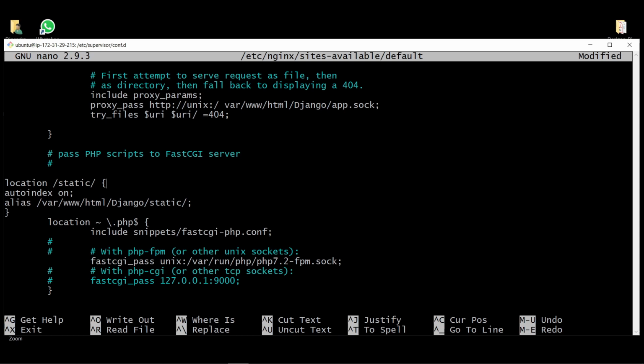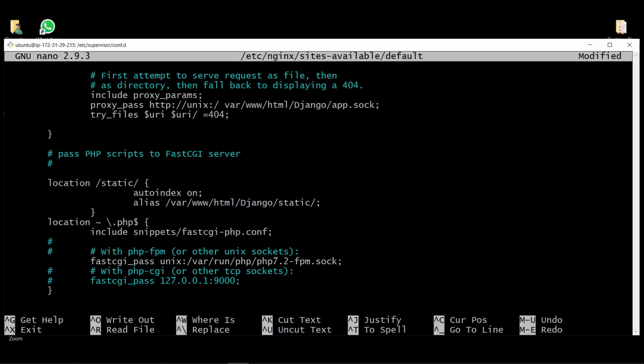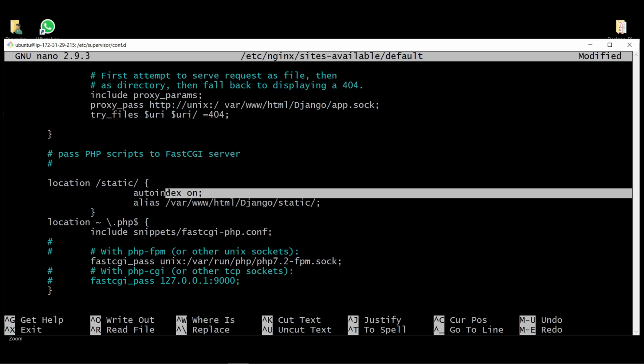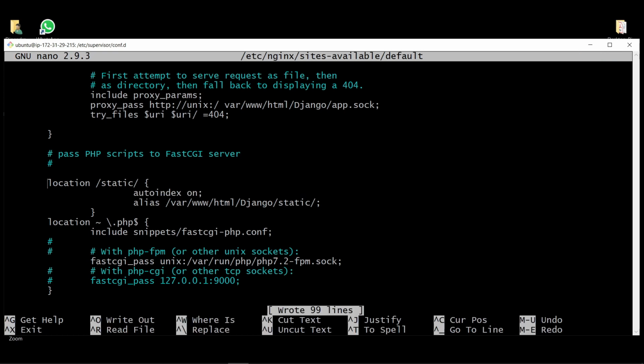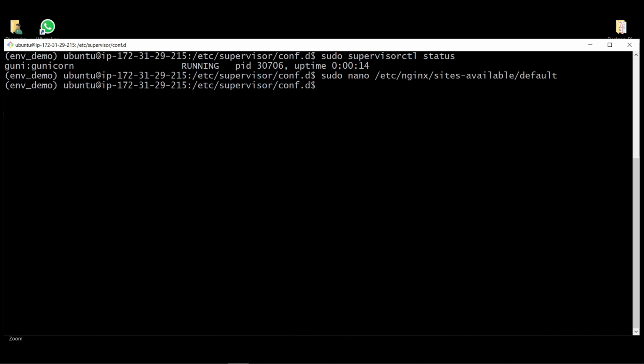Let's arrange this. Here you need to give your static folder path, as I have the static folder path in my project inside the Django. So this is the directory for the static part and the auto index should be on. So let's rewrite the file with Control O, then press enter, then Control X to exit.